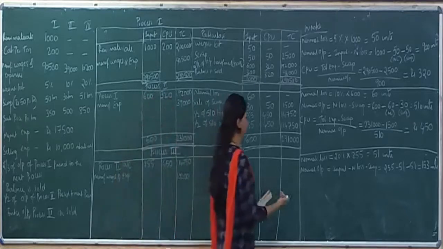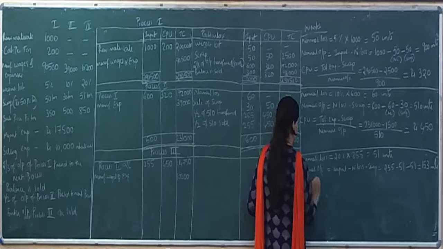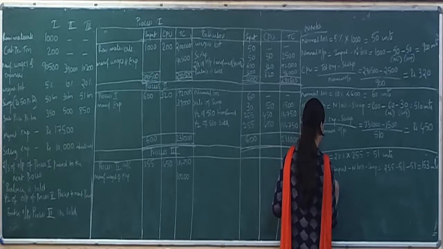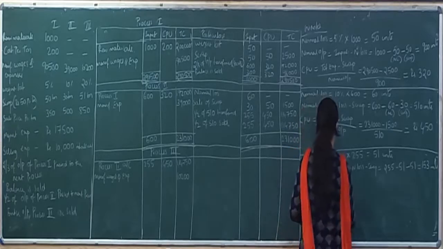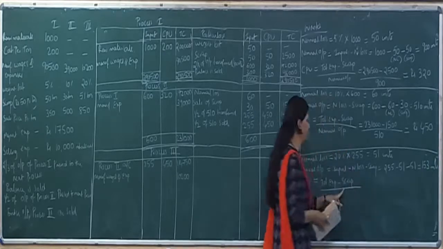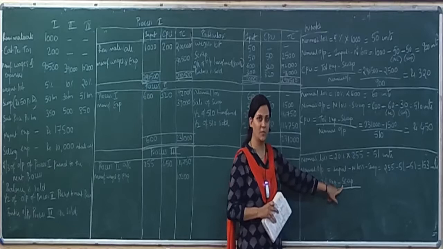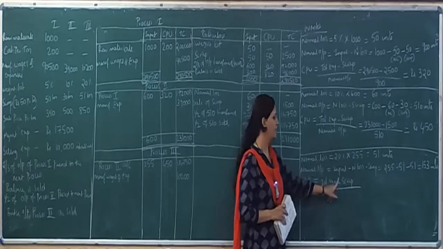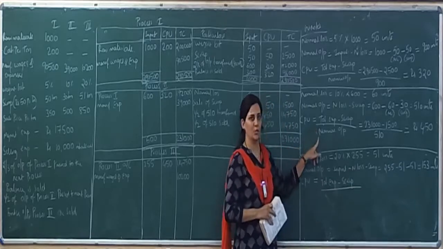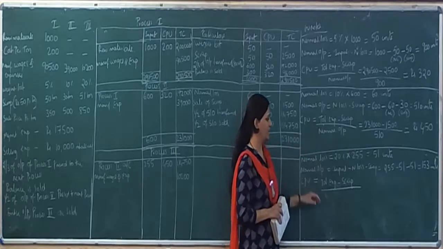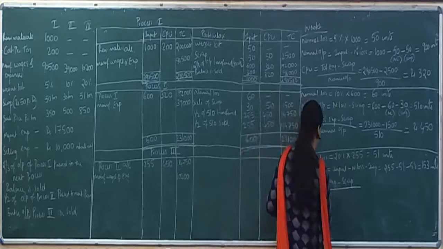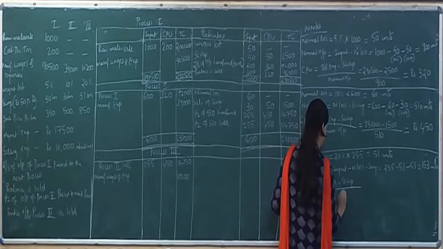Okay, so since actual output is not given, again we don't have to take any abnormal gain or abnormal loss. Directly we can apply the formula, total expense minus, okay, since we know the scrap value here. In some previous problems we had instances wherein we did not have scrap. So what did we do? We have taken only total expenditure divided by normal output. But since in this problem we are having scrap value, we have to deduct this from the total expenditure.